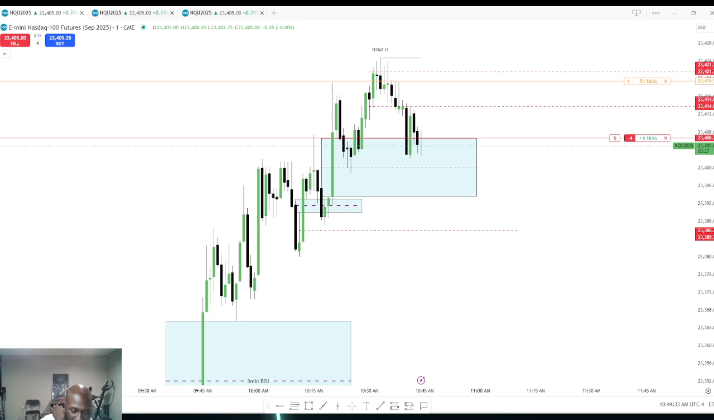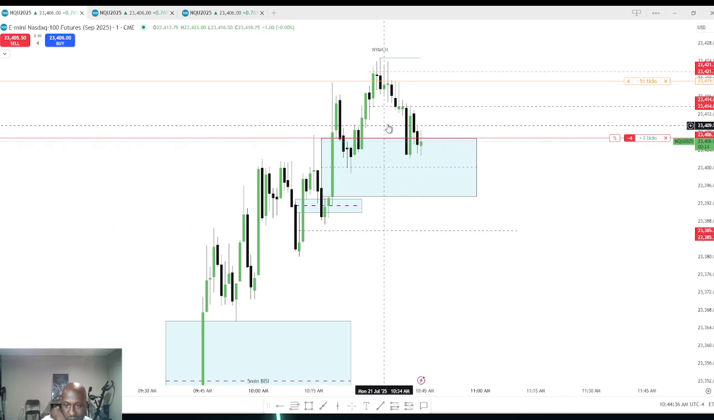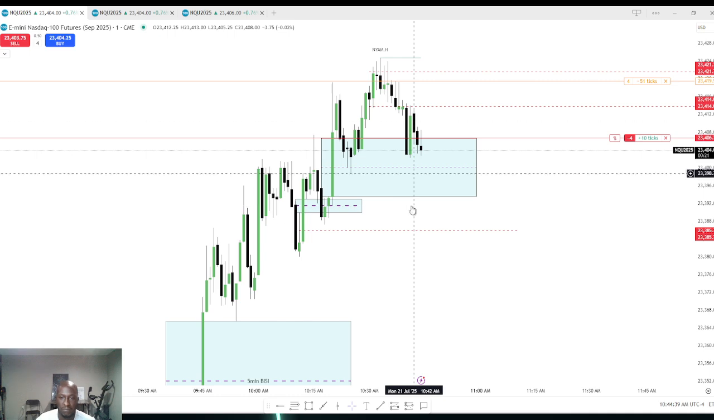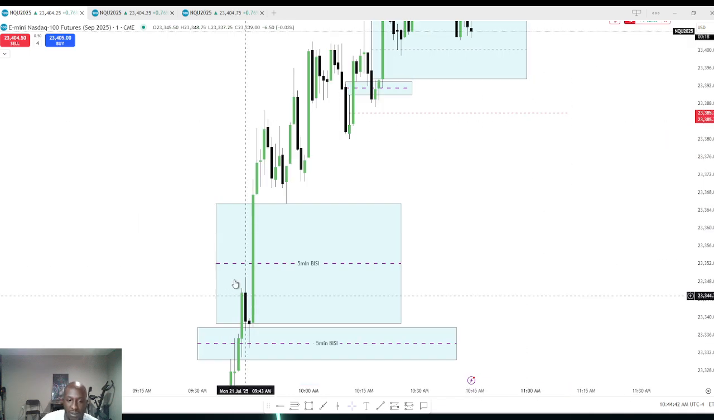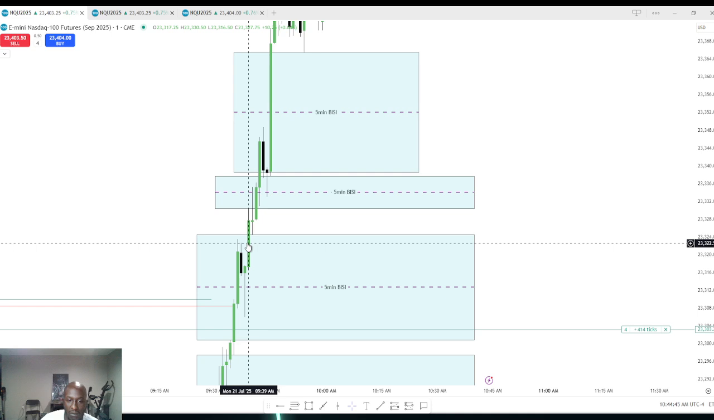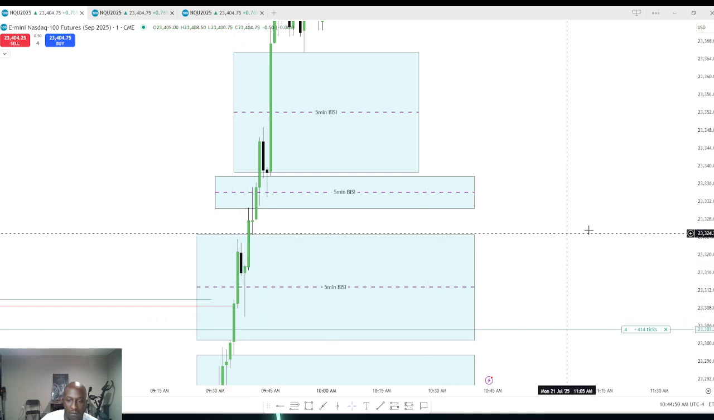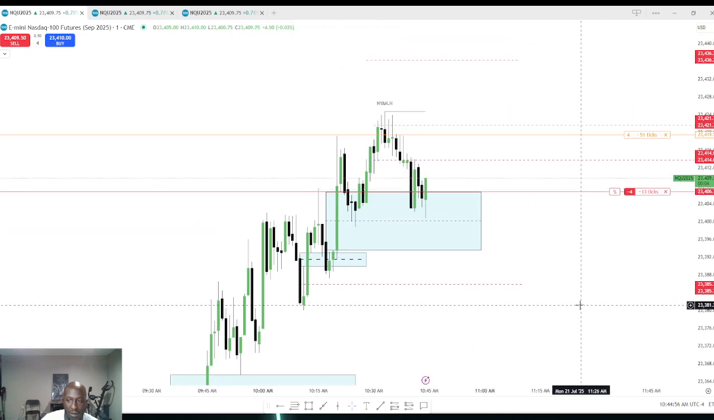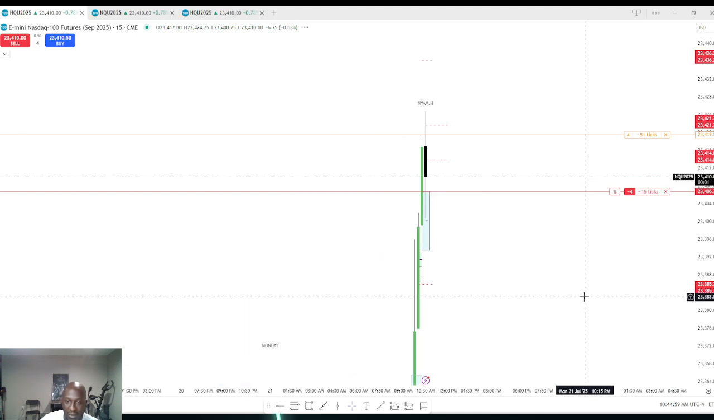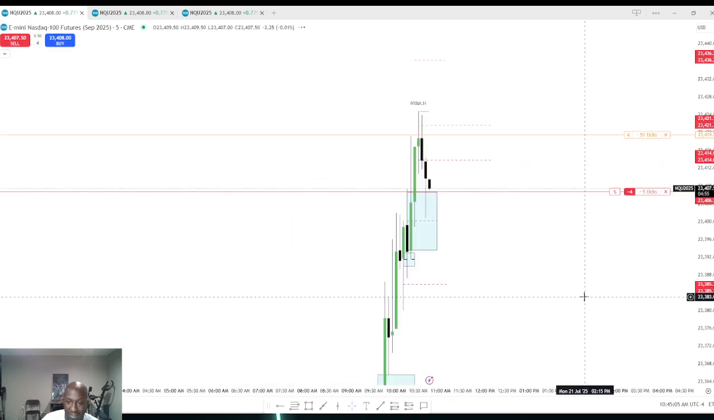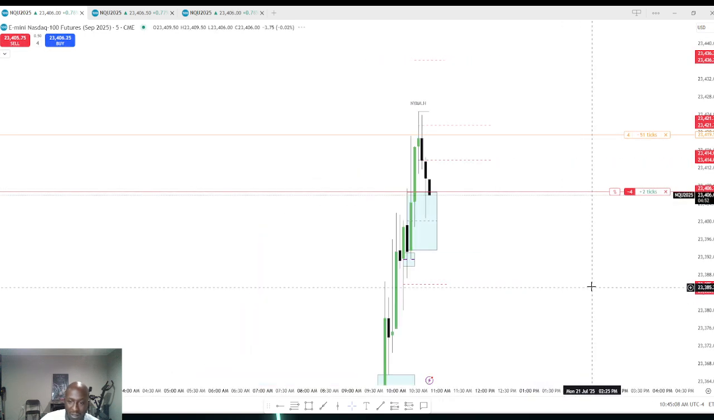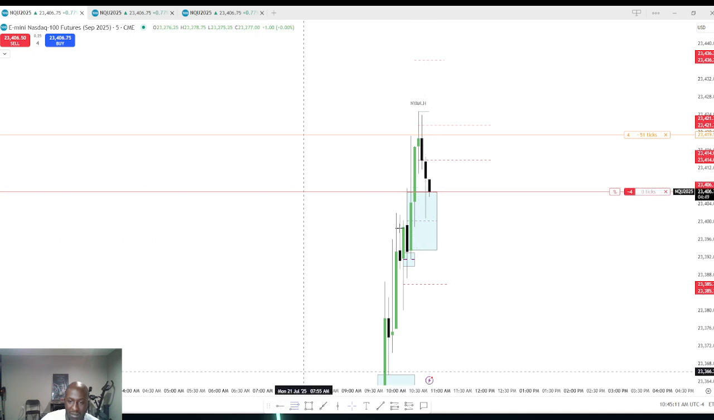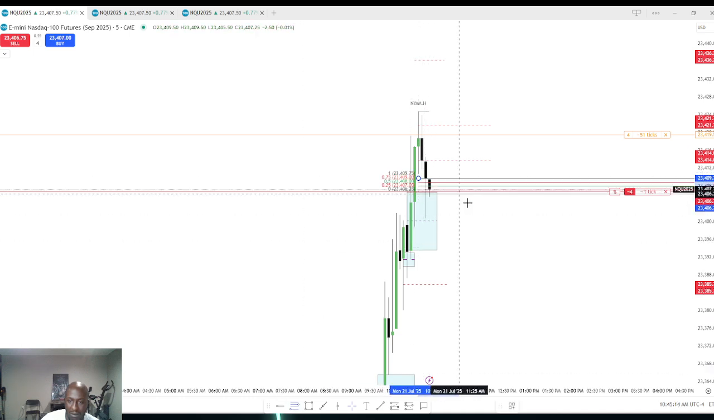I like the way it sits as it is right now. I would like to see something close over this, again, to work back down into the first presented fair value gap at 935. Yeah, I don't think that's happening today. That's what I would like to see. I would like to see something close, ideally over this. But again,